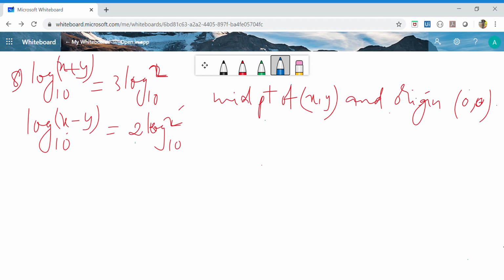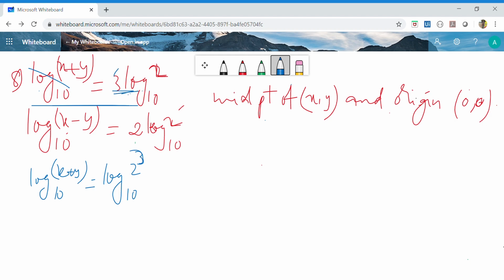So here, not only logarithms and coordinate geometry, the fourth chapter is also there. From here, to cancel the logarithms on both sides, you can write logarithm of x plus y to the base 10 is equal to log 2 cube to the base 10. Now only it is called a single logarithm. Earlier it was not a single logarithm, so 3 also transposes to that. m log a is equal to log a power m. Then this gets cancelled. x plus y is equal to 8 you will get.